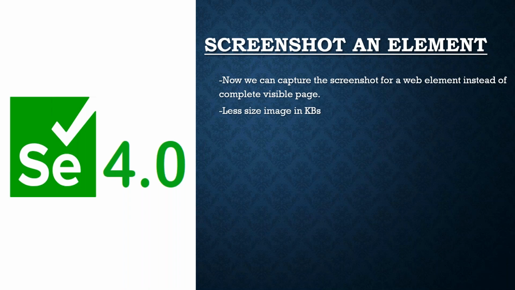What is the benefit of this screenshot in Selenium 4? In Selenium 3, whenever we captured a screenshot, the size would sometimes be in MB or sometimes 1000 KB or 100 KB. But here we will see 1 KB, 2 KB, 3 KB, a maximum of 10 KB for a particular element.